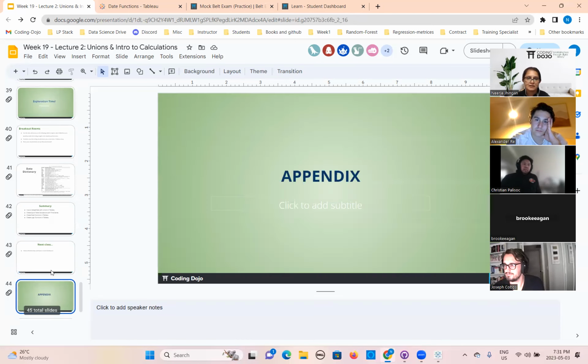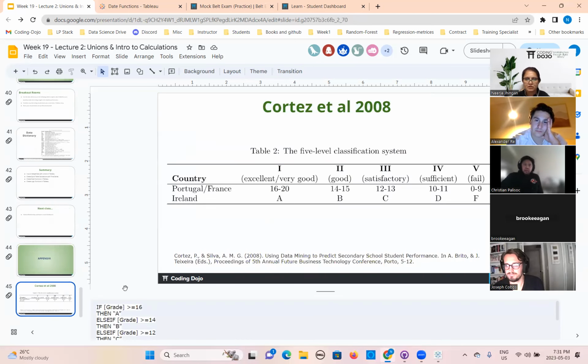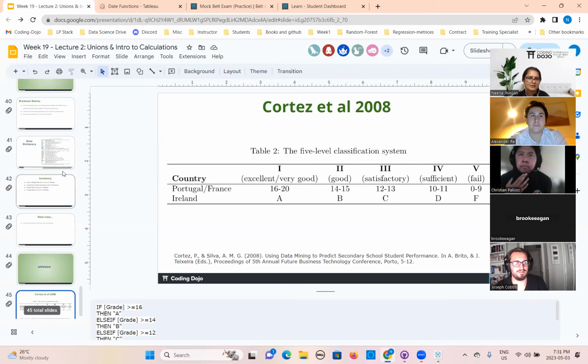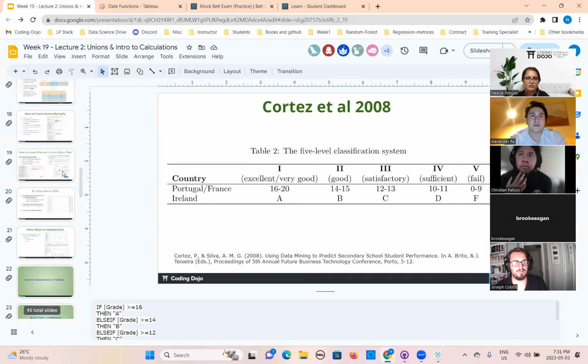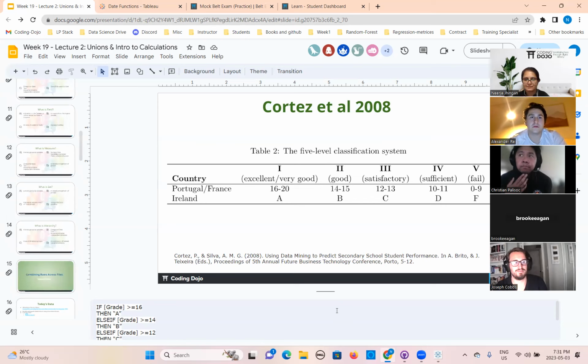Okay. And this is for your table 2, the 5-level classification system. This is something related to, I think, students in this country. Excellent, very good, related to that. Okay. And that's all from our today's lesson. Okay. Now, if anybody